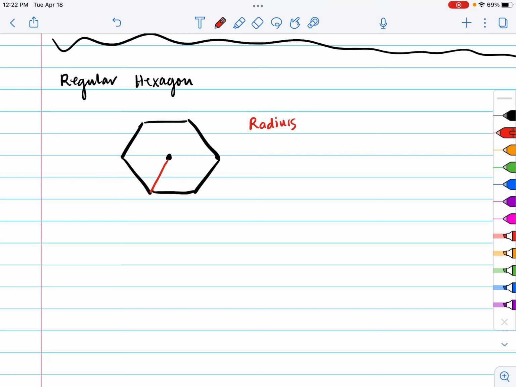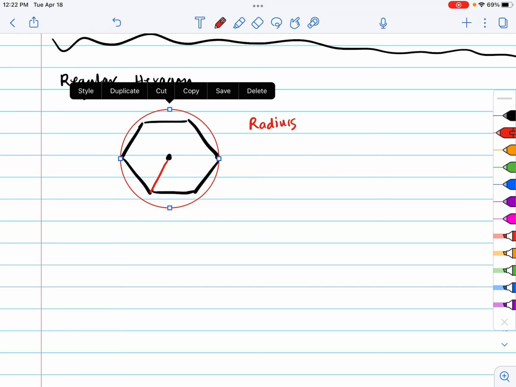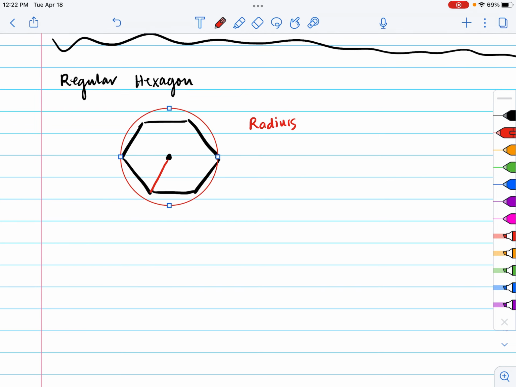Why do we call it a radius? Well, if I drew a circle around this piece, it would actually be the radius, right? Because a radius is the same distance all the way around. And obviously this is not going to be great because, like I said, it's hard to draw a regular polygon. But let's just pretend that this is a perfect circle. Then this radius hits on all ends. Okay, so the radius